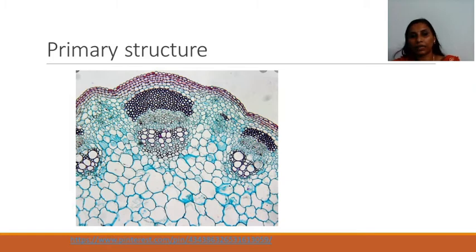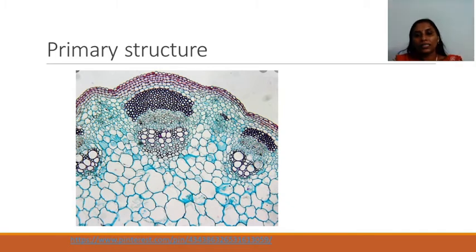Just beneath the bundle cap, we can see phloem, and after that we can see a few layers of cambial cells, which is the cambium, also known as the fascicular cambium. Fascicle is another name for vascular bundle. So the cambium which is present inside the vascular bundle, between xylem and phloem, is known as the fascicular cambium. Phloem is there, just beneath that there is cambium, and inner to that there is xylem.